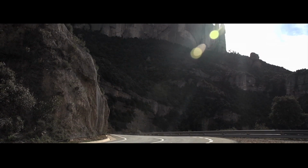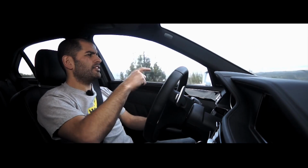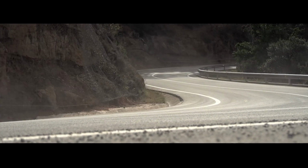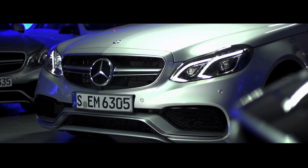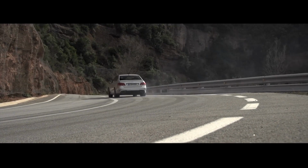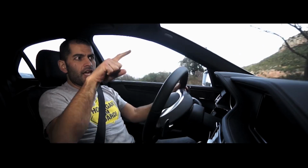The new E63 looks better than the old E63, does it? I'm not sure. I think it does. I think on the whole, this is a very successful facelift. That front sort of big gapey chin bit, that looks much better in the flesh than it does in the pictures. Interestingly, I always thought the old E63 was the best way of showing that sort of hip crease that